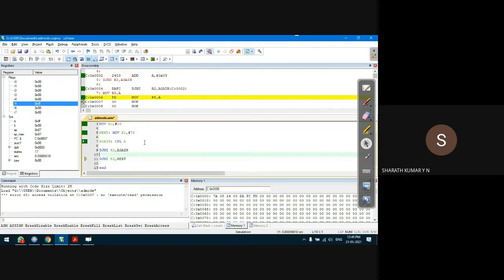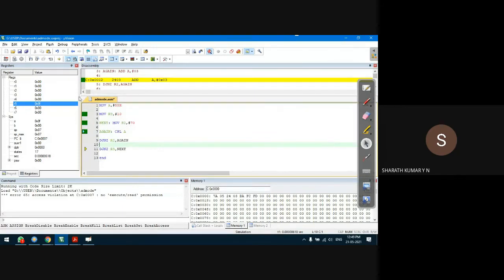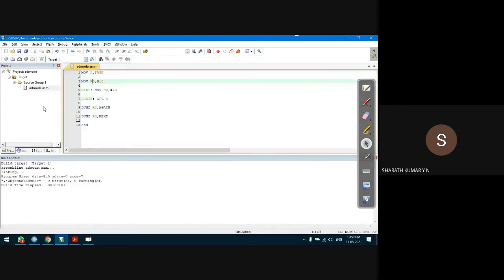Here we go. Now the accumulator is 55H, R3 is 0A, R2 is 70. Let us run this program and understand how the nested loop works. Just for discussion purposes, I'll take smaller values.